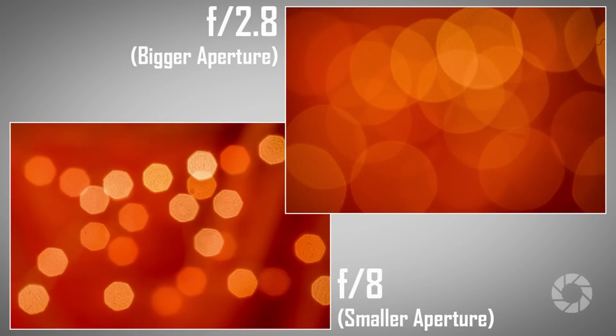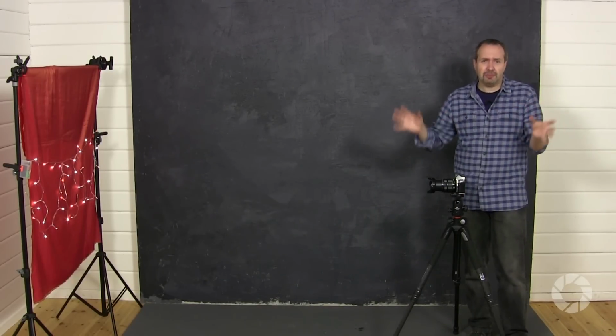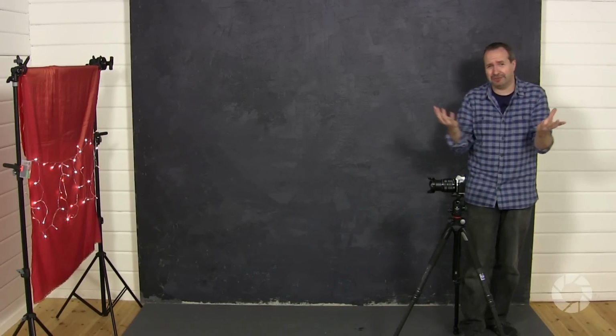They're also much, much bigger, aren't they? They're much larger than the f8. That's because f2.8, well, that's a bigger aperture than f8. f8 is a smaller aperture. Again, these are terms you may have heard of, and when you look at them like this, they kind of make sense. Okay, so that's some basic photographic terms explained, but what are these little blurry circles and shapes of